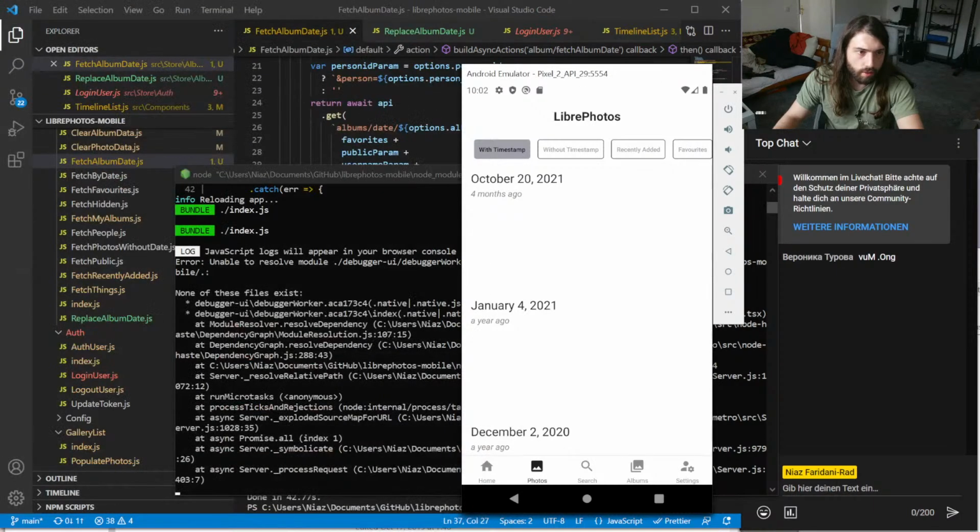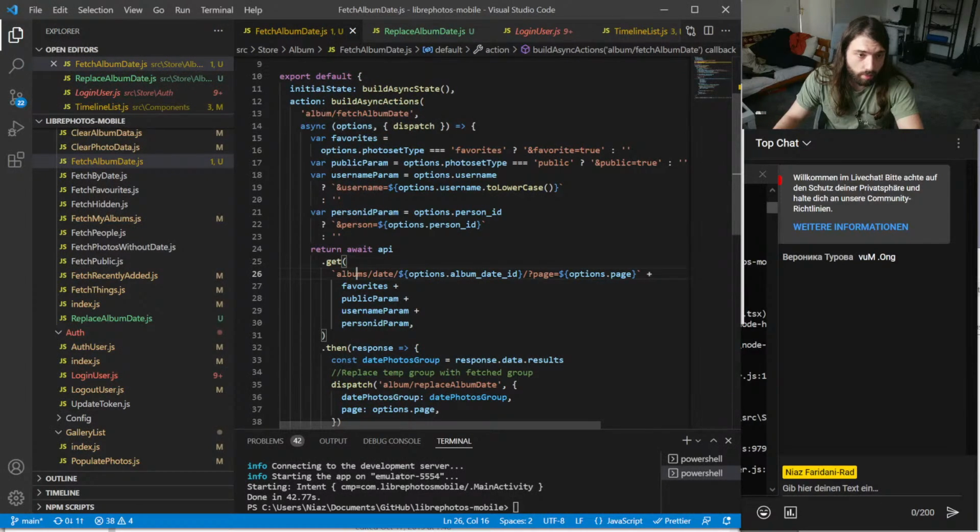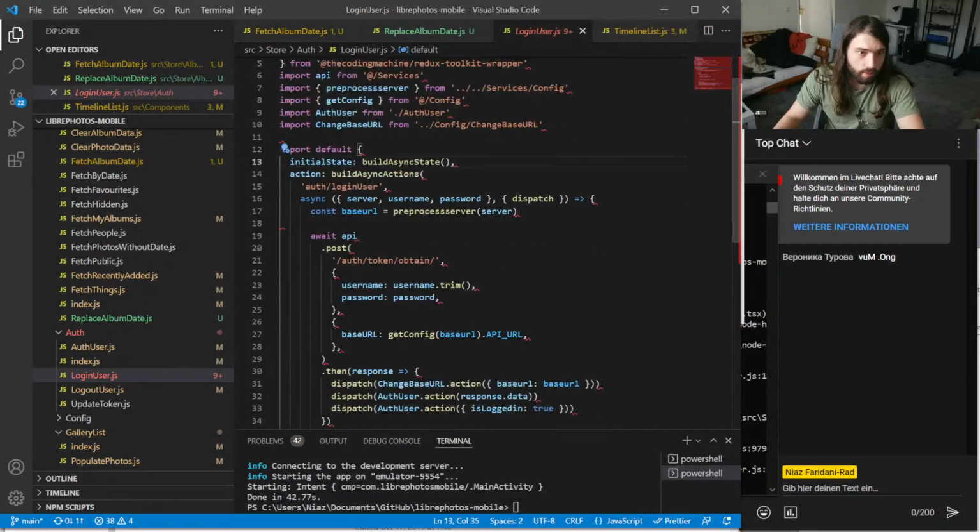Okay, so what I think could be happening is that the dispatch object isn't actually a dispatch object, which I find weird because we're using it exactly like that here. So that's super weird.